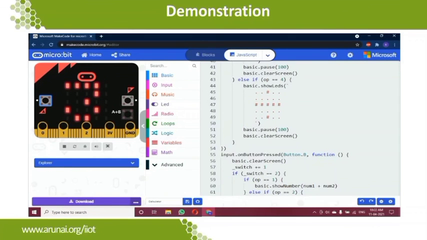If I press it, the switch value will vary. First it will change to 1. So next we'll be checking number 2. But before that we are pressing the operator. So once I press A plus B, it will be plus, 2, it will be twice into. So again I'm pressing A to fix the number and B to get the results.